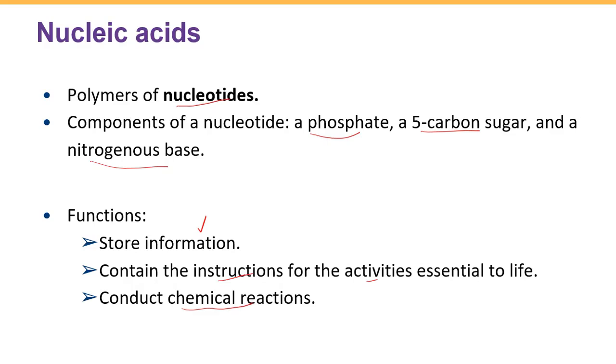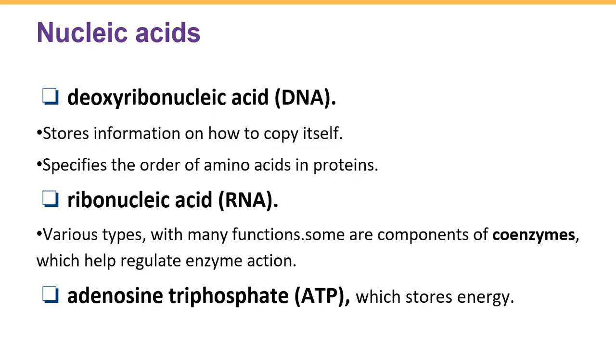But what about providing energy? So here, as you can see, the best example of the nucleic acid is DNA. And then we have RNA and we have ATP. So these are the types of nucleic acid. As we mentioned, DNA would be found in the cell. It's going to have instruction for everything or going to control everything in our cells, in our body. They store information on how to copy themselves, and also they specify the order of the amino acids in proteins,